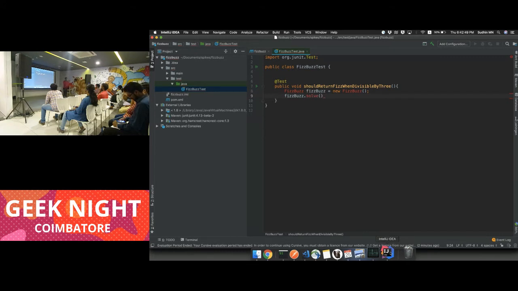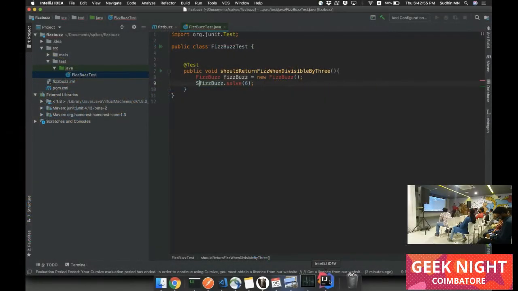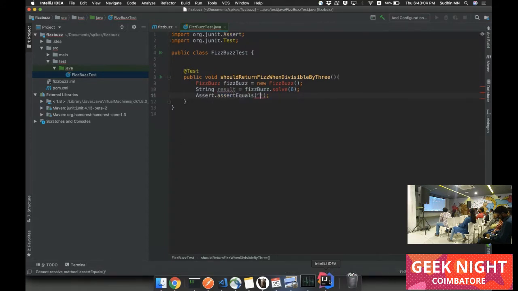We should give a number divisible by 3. So let's give 6. So we will assert equals this. So now we have a test.